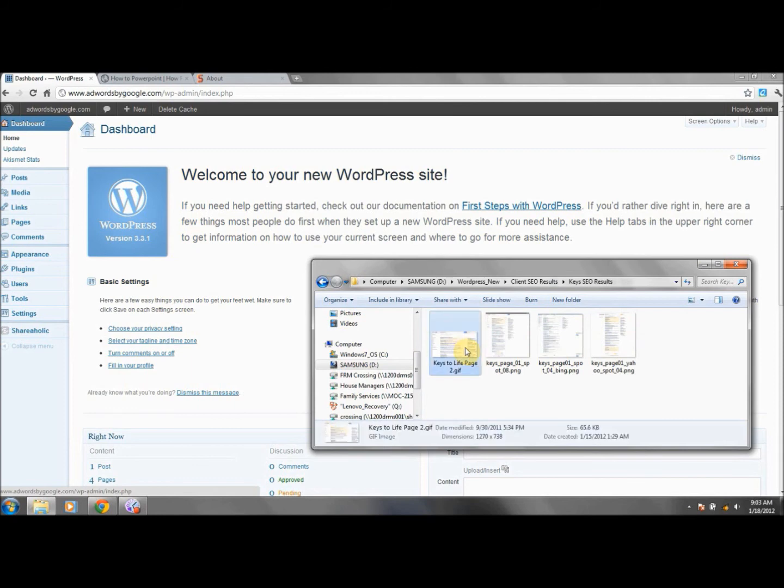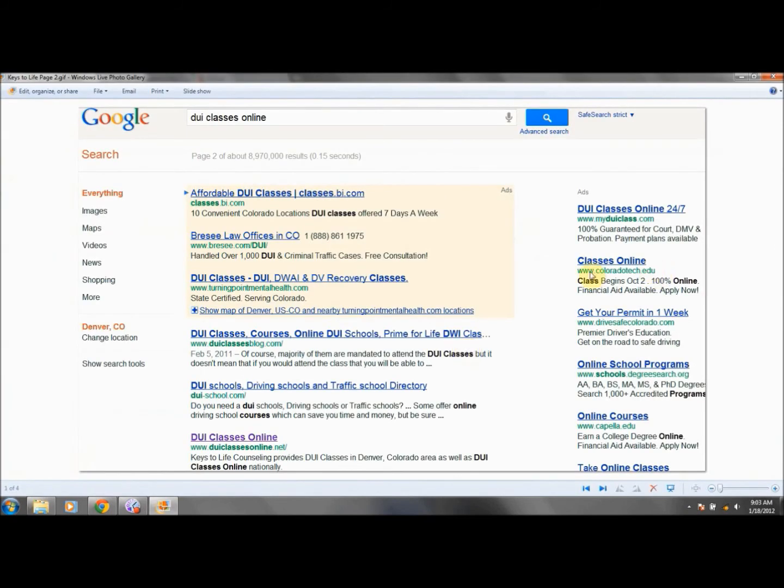This was one of our clients, and this is page 2. Very competitive keyword, although the search is only like a couple 100,000. This is a very competitive business. Average sale in this business is $250 a pop. So this was page 2,